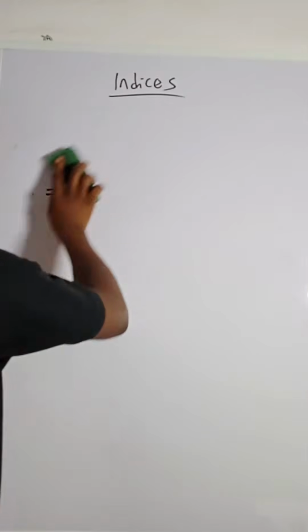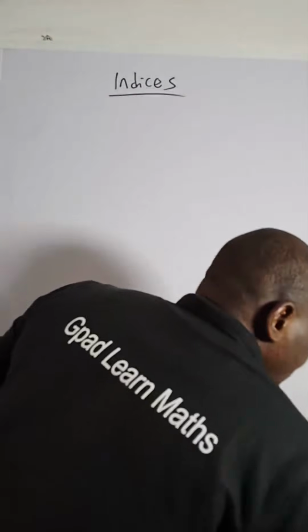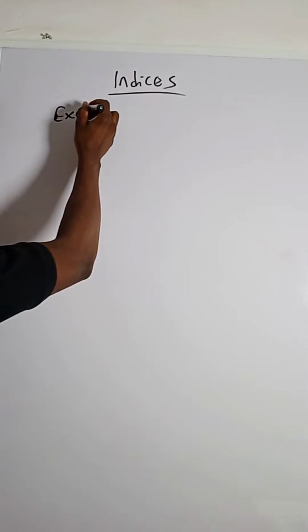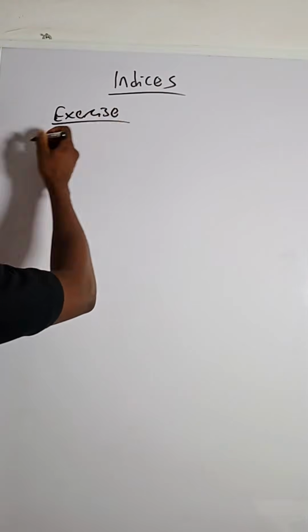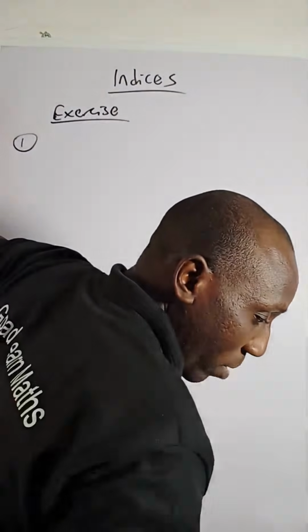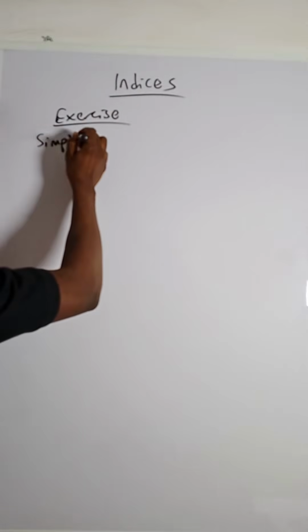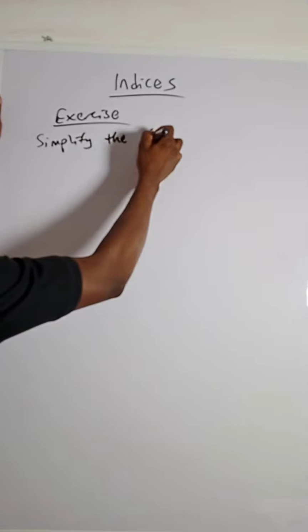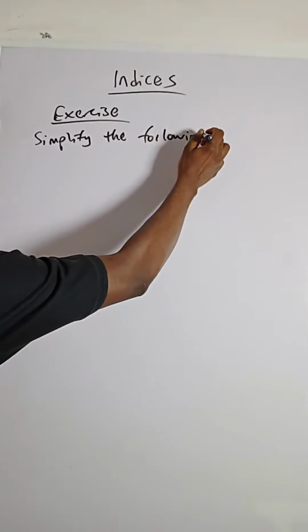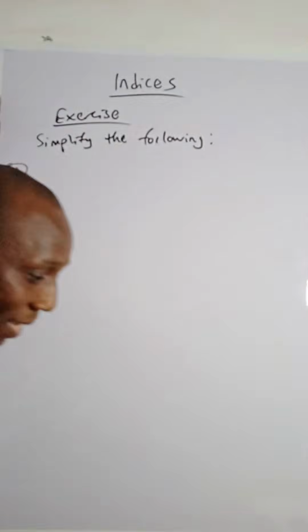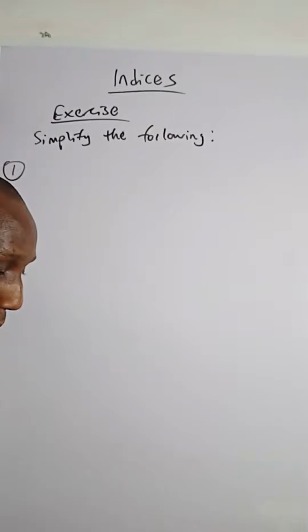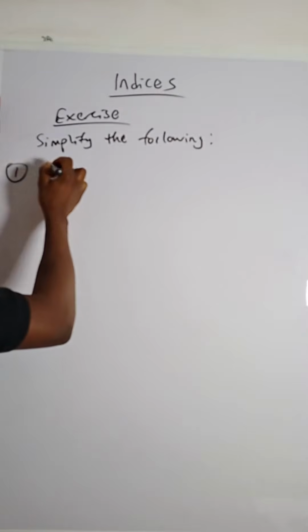Here are some questions for you to try out. Don't worry, I'll still work them out with you. We have to simplify the following, by the way. I hope you're still with me. So number 1, what do we have? We have 5y times